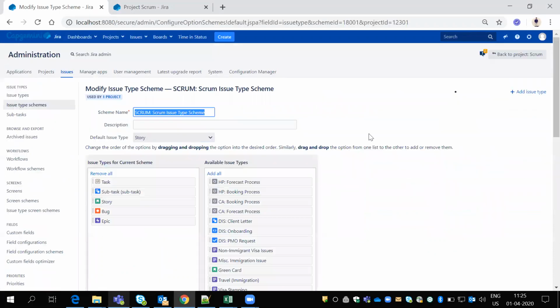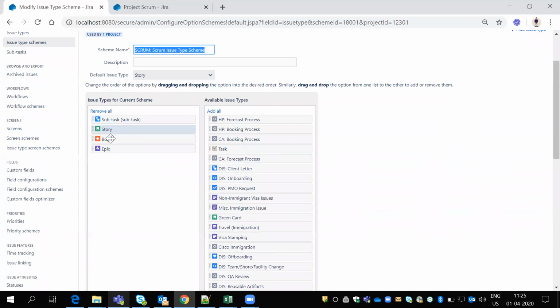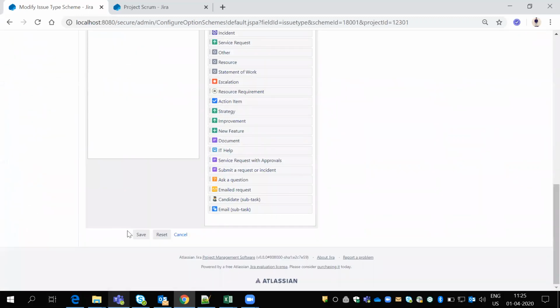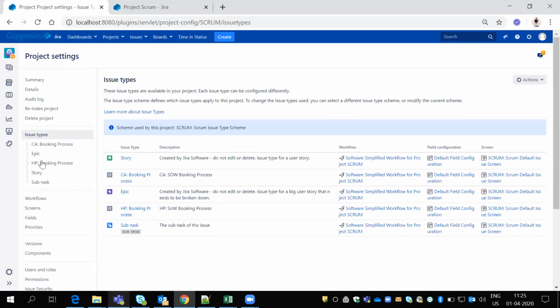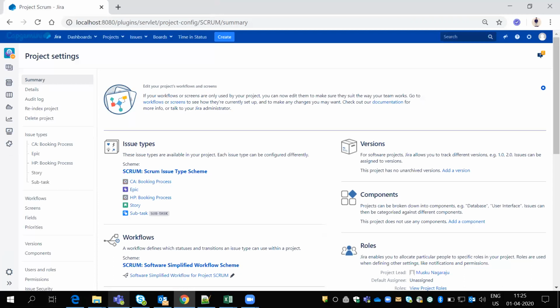Issue types. I'll select some different issue types. I'll remove task, bug. I'll put some different ones, like CA booking or something. I'll just save this. So I did some project configurations as well. So these settings and everything. So I need to move to this target instance.